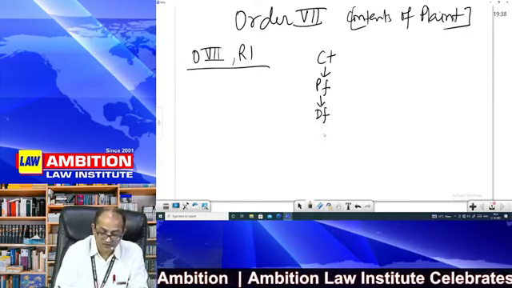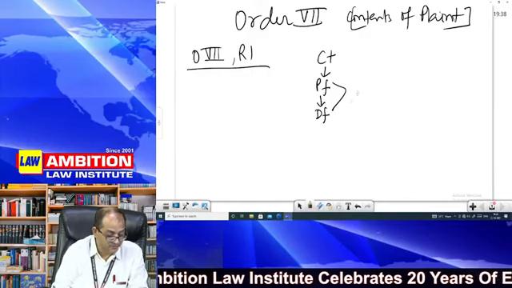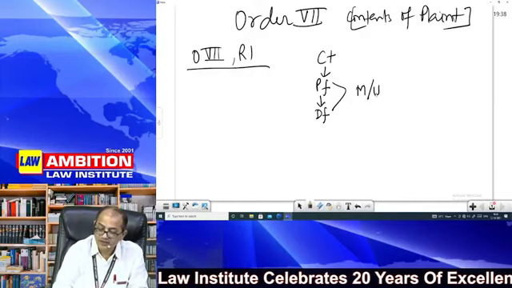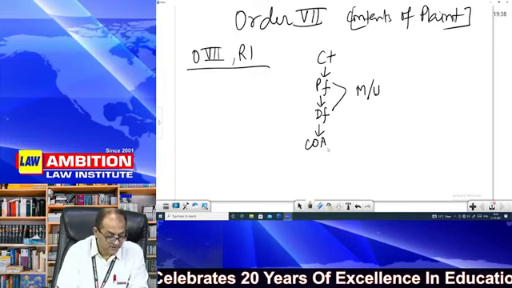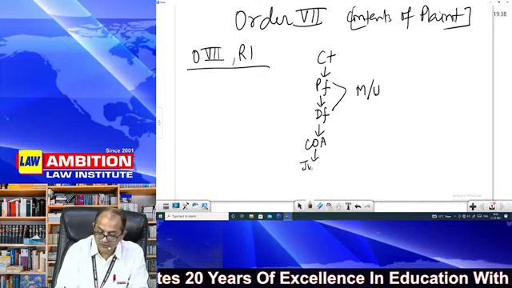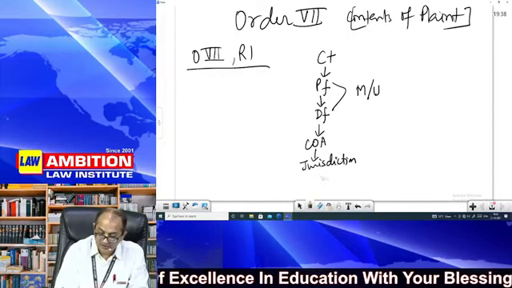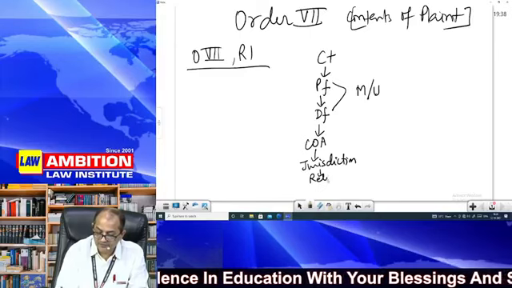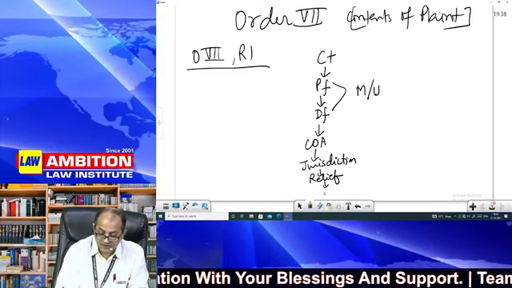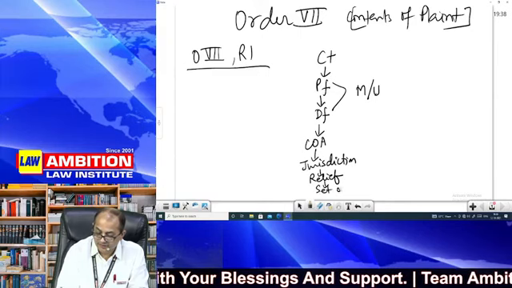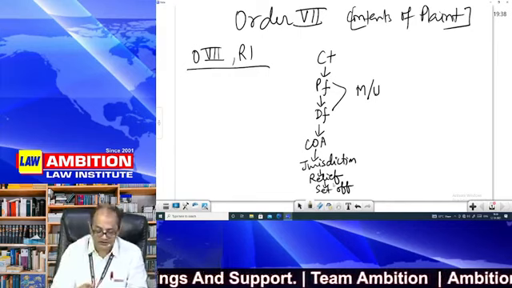Is this clear? Whether any party is a minor or unsound. With what will you go? Cause of action. Then you will say that the court has jurisdiction. That is how the court will come in the picture. Then you will say that I seek this relief. Then you will say that there is set-off in this case. Set-off, that is setting off mutual debts.